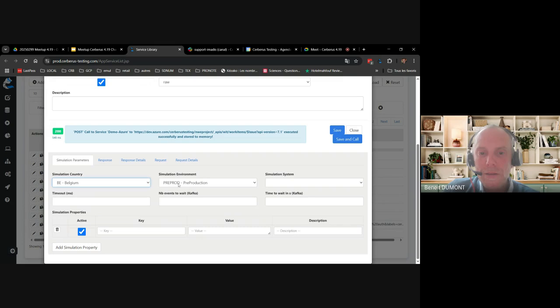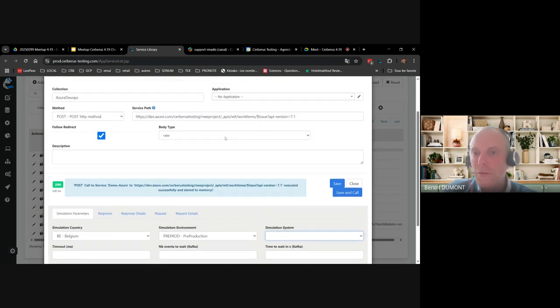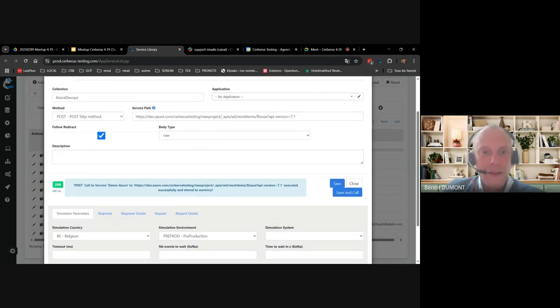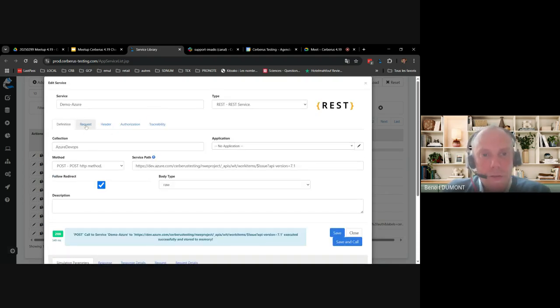But here, when you make the simulation call, it's on that first tab that you define local parameters that will be used. Usually, all those parameters are used in the context of the test case execution, so you can configure them right now. Same way, if your service is using some variables inside the body or whatever, here you can hard code the values of your property with the specific values in order to perform the simulation call. So that's for the simulation tool.